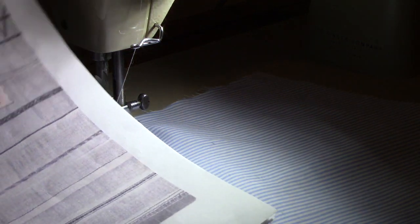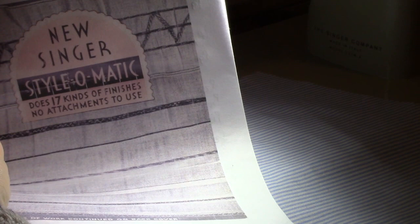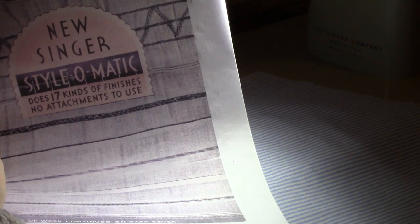So today I'm trying out my new Singer Style-O-Matic. Does 17 kinds of finishes. No attachments to use. Sounds wonderful, doesn't it? So I thought it would be fun, since I've got some piping to attach, to follow the